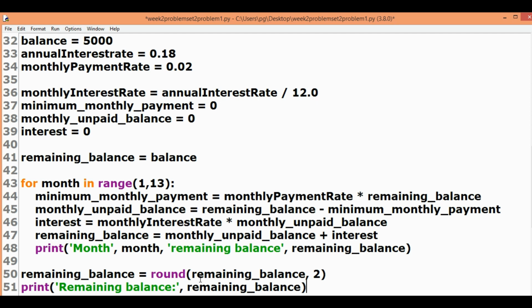Finally, we round off the remaining balance to two decimal places and print its value as is our desired output.